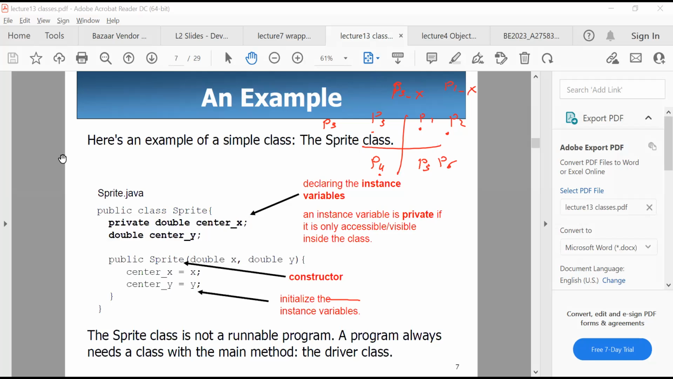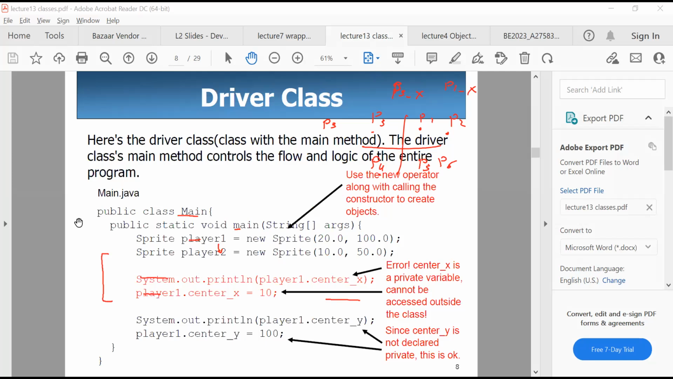Okay. So let's call this another class, and he's just giving an example here. We call this Sprite. This Sprite also has x and y. It represents an object in a game that has a center x and center y. It has a constructor that is called one time. It assigns double values to center x and center y. Okay, now let's have a look here. Because this is a game,